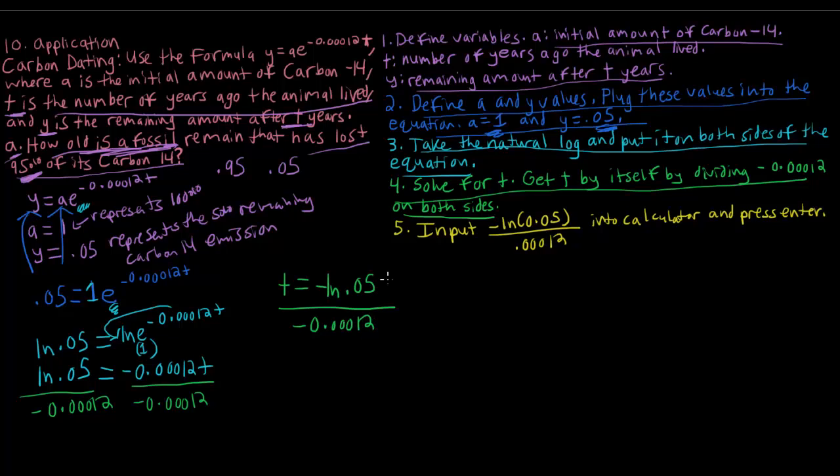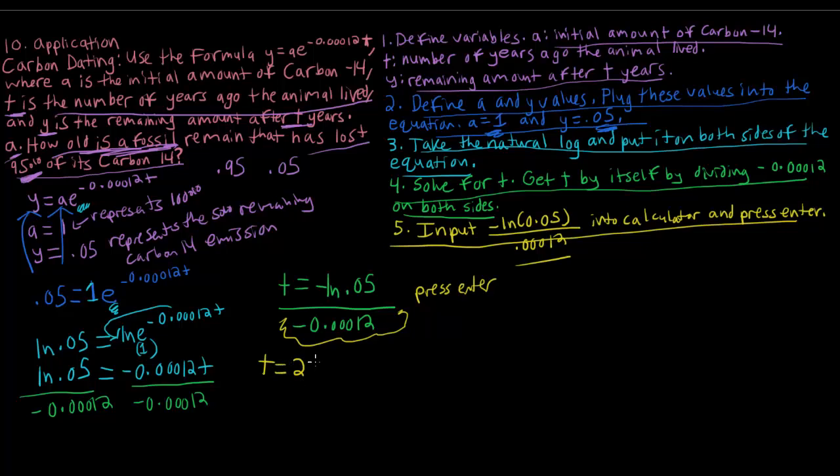And actually, if we go to the last step, step 5, and we input all this into a calculator, and we just press enter, it's going to calculate our t value, and our t value ends up being 24,964.4, and our t is, if we look up here, number of years, so 24,964.4 years is the age of a fossil